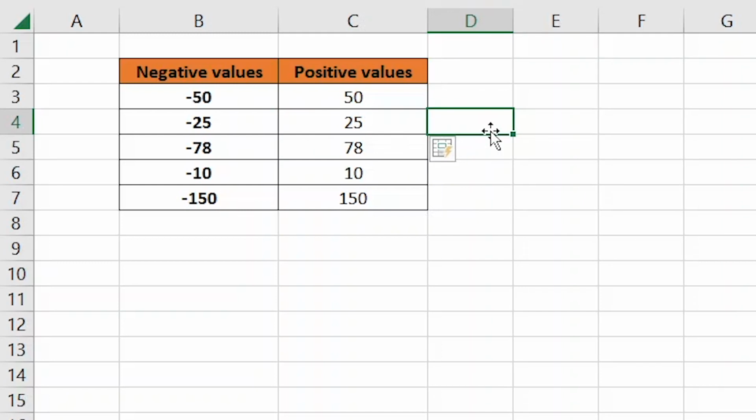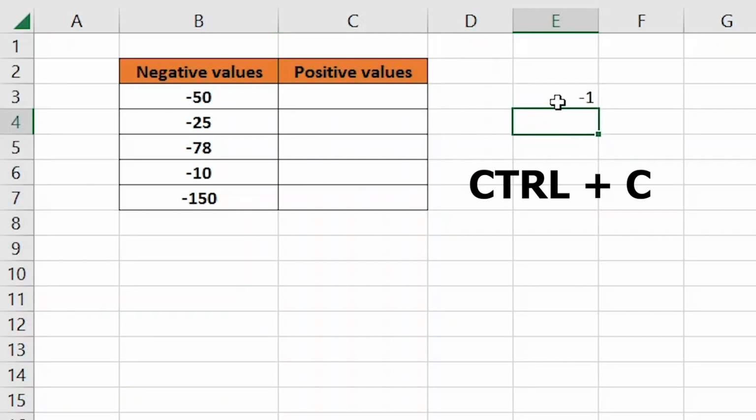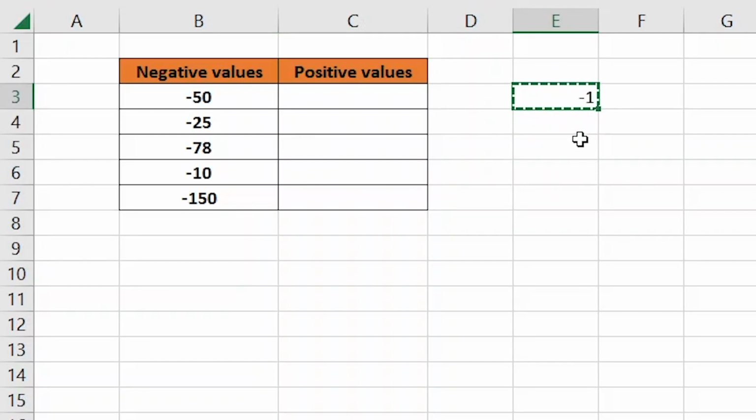Great. The last method we'll demonstrate is if we need to get the opposite numbers in a column that contains negative values. Let's go back 2 steps again. First, we need to choose an empty cell and enter the number -1 into it. We will copy the value -1. We mark the cells in which we have negative numbers and we want to change them to positive.